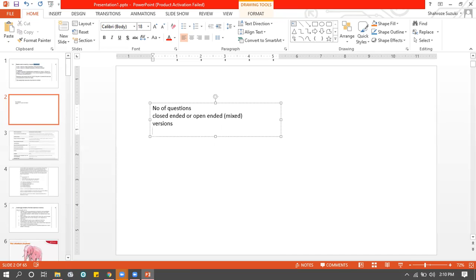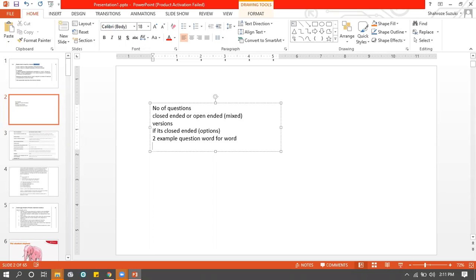Number four, if it's closed-ended, what are the options on which people select the answer? For example, what's option number one, option two, option three? So you have to write the options. Number five, two example questions you have to write, or you have to memorize word for word. No paraphrasing in here. You have to memorize every single question word for word. You have to copy paste it. You cannot change any word. You cannot paraphrase it. It's very, very essential.